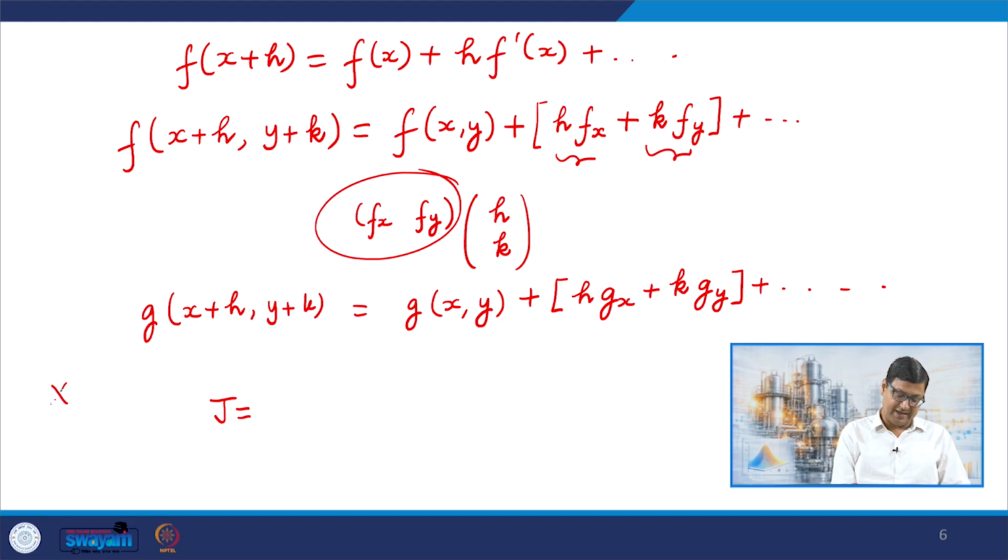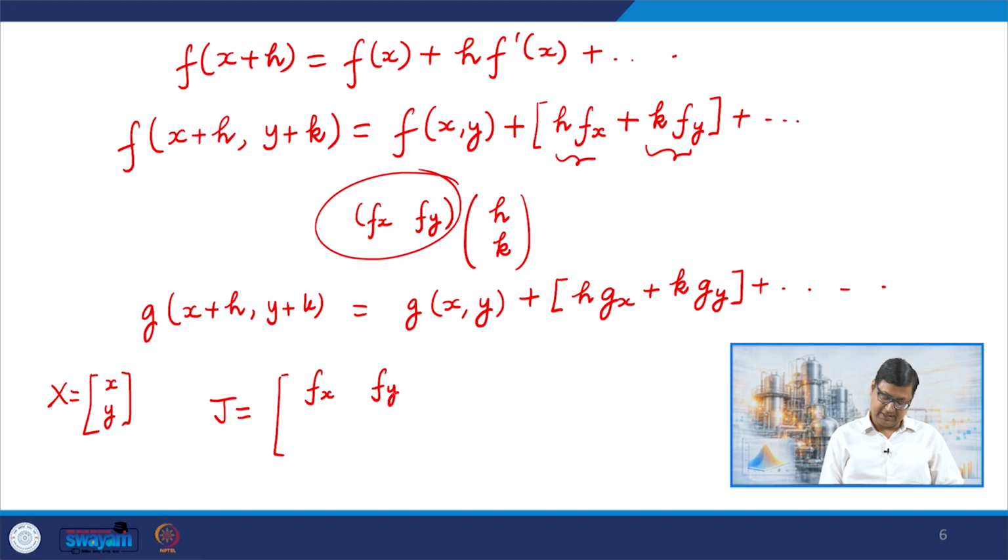So I can define my x vector as x and y, and this is going to be something like fx, fy, gx, gy, and therefore J dot delta x is going to be